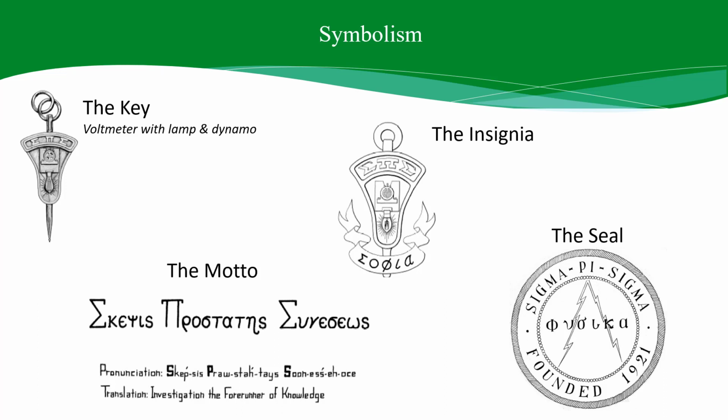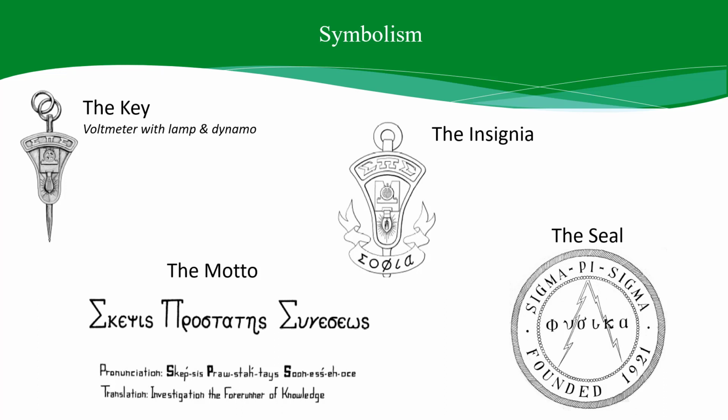So this is the original student design, and it has the shape of the historic standard voltmeter. Across the top of the key is the name of the society. And then in the apex of the key is an incandescent lamp connected to a dynamo in the center. The pin, which symbolizes your membership in the society, has this shape. And the founders of the society used the standard voltmeter to symbolize the high accuracy, which is the hallmark of careful experiments. The lamp is the symbol of knowledge, and the dynamo represents the creative energy that is so necessary